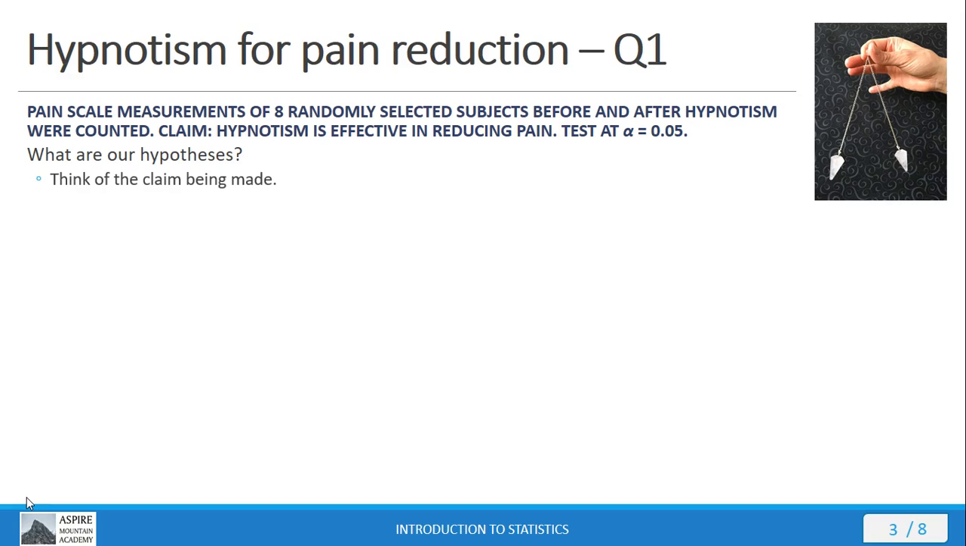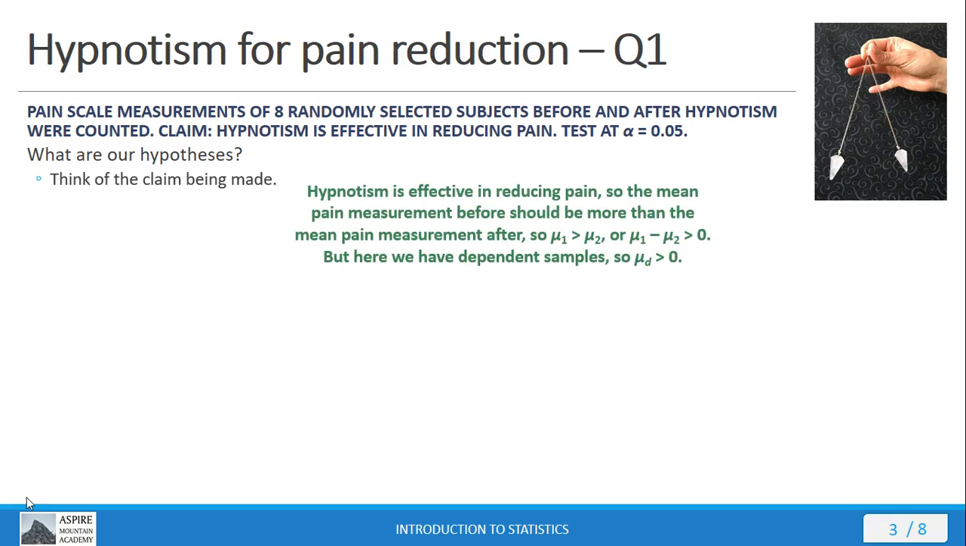First we're going to think about the claim that's being made. The claim is that hypnotism is effective in reducing pain. So the before measurement should be greater than the after measurement. The before measurement was mentioned first, so it has subscript 1. The after measurement has subscript 2. So 1 is going to be greater than 2, and therefore mu sub d is going to be greater than